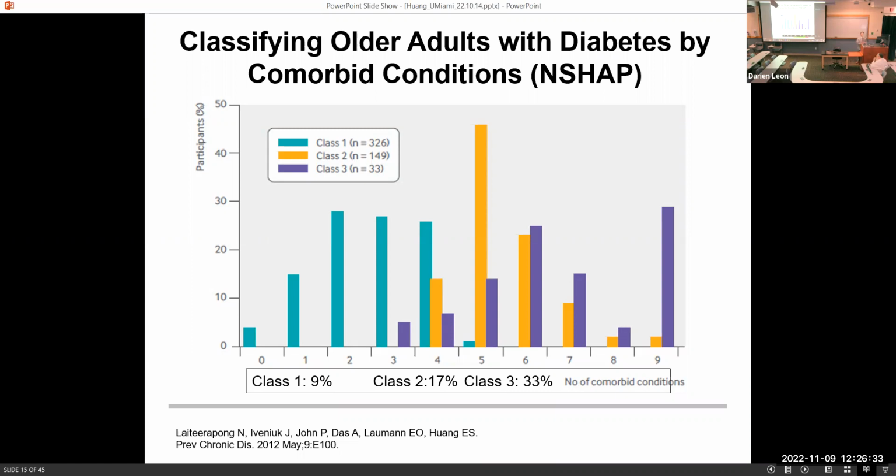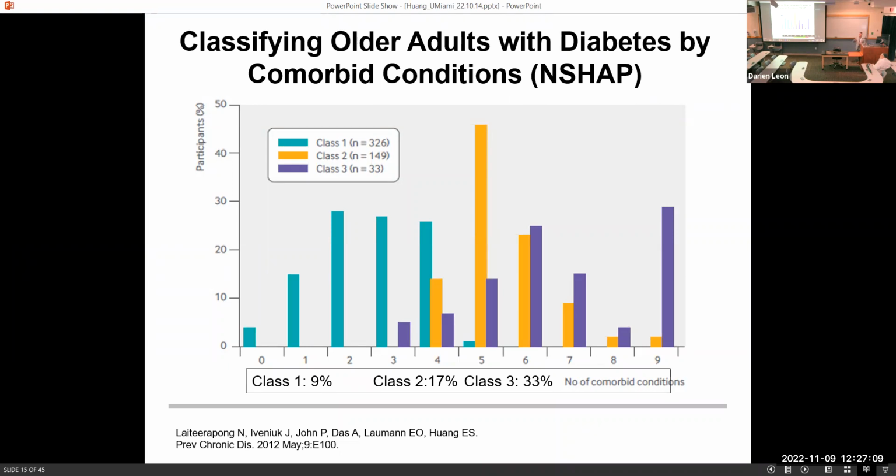or is there some way that we can logically approach comorbidity? There are a lot of different ways of doing it, but I want to show you one way that we've approached comorbidity and classification of patients. This is using a statistical technique called latent class analysis. Sociologists use this all the time. There have been some well-known latent class analyses done with genetic information and other biomarkers, but this is just using the chronic conditions of a bunch of patients from a nationally representative study, the National Social Life, Health, and Aging Project.